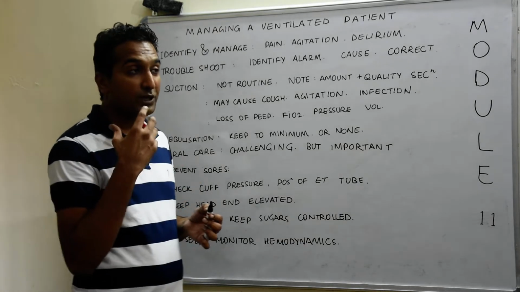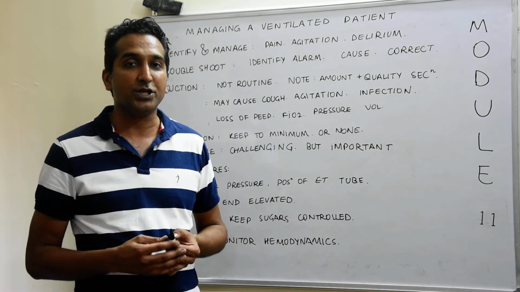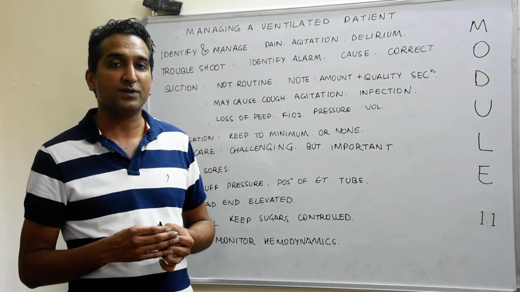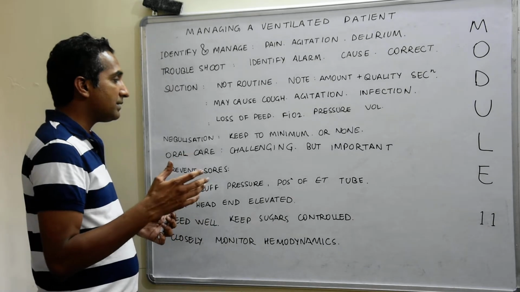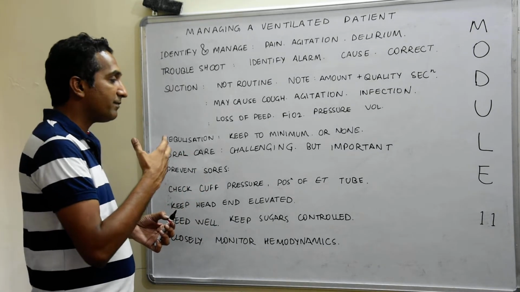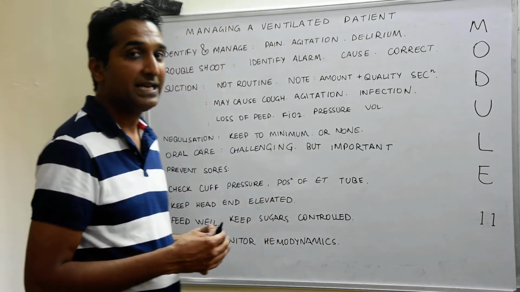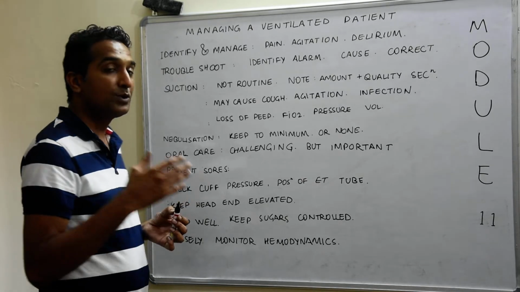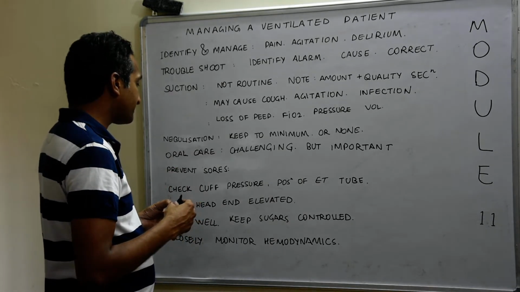Oral care is very difficult to give with the presence of an ET tube, and oral care is equally essential because it is one of the strategies to decrease the incidence of ventilator associated pneumonia. So you need to make sure that you are able to give adequate care, and if you are not, to escalate your concerns to someone: I am not able to do it, please help me or assist me. You should at least make that escalation at the right time.